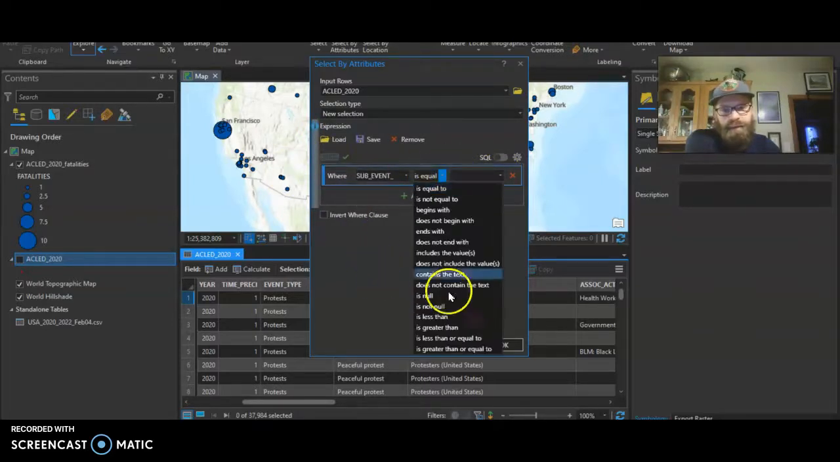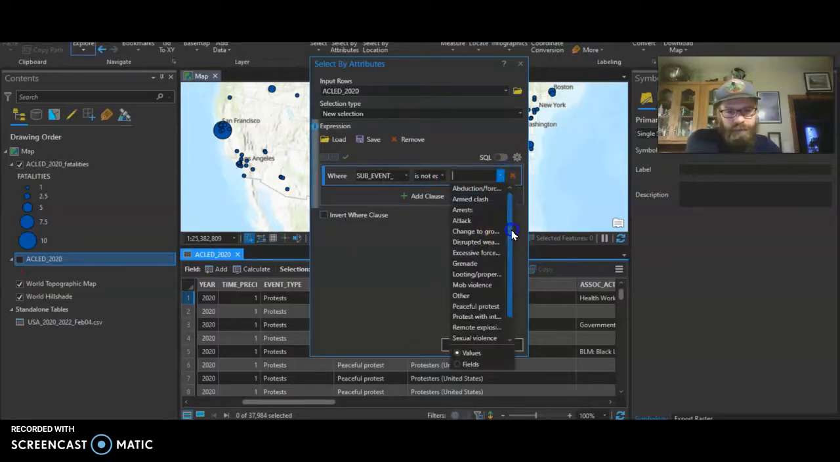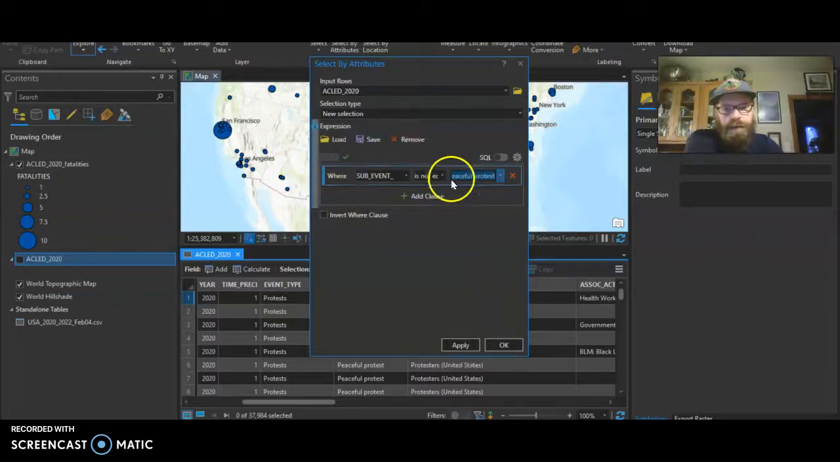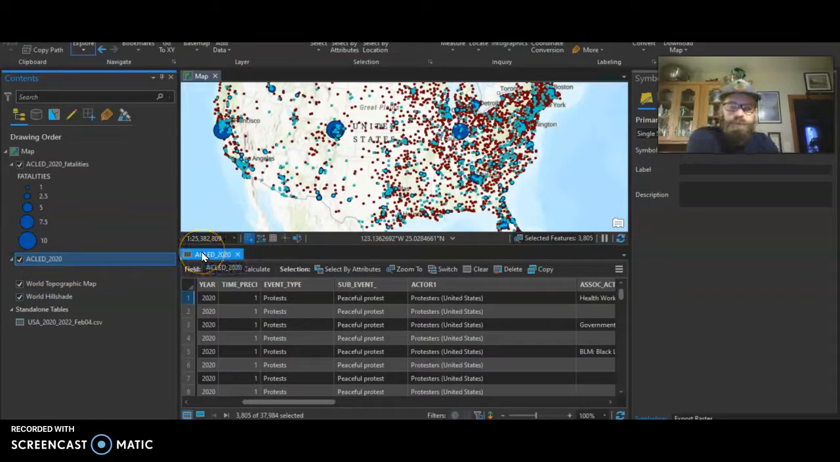So I could do the sub-event is not equal to peaceful protest. Here's all the different protests that occurred, and it seemed like if it wasn't a peaceful protest, it looked like there was some sort of disruptance or violence. So I can select is not equal to peaceful protest, and I run that. Turn this back on. And I can start seeing where all the non-peaceful protests have happened in comparison to the peaceful protests,